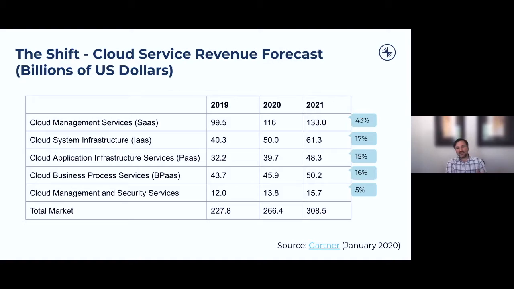And so you can see there's dramatic acceleration, especially if you look at SaaS. It's broken down by different types of things, and there are gray areas between these, right? The SaaS, the IaaS, PaaS, BPaaS, and others. But SaaS obviously is growing by leaps and bounds,